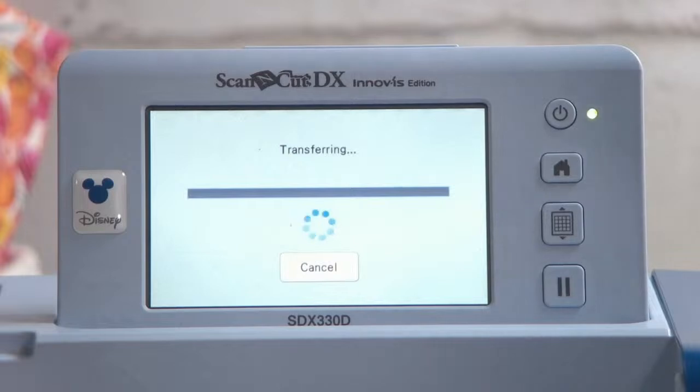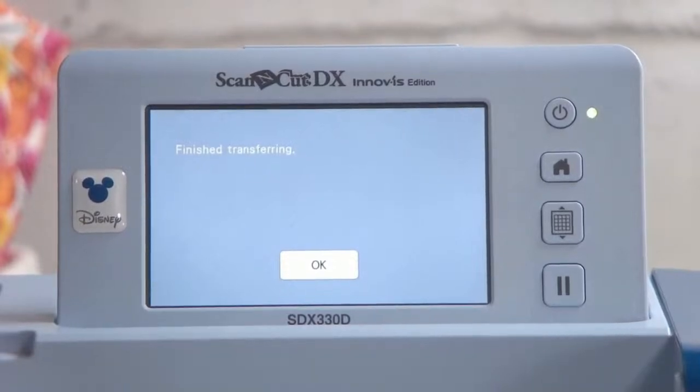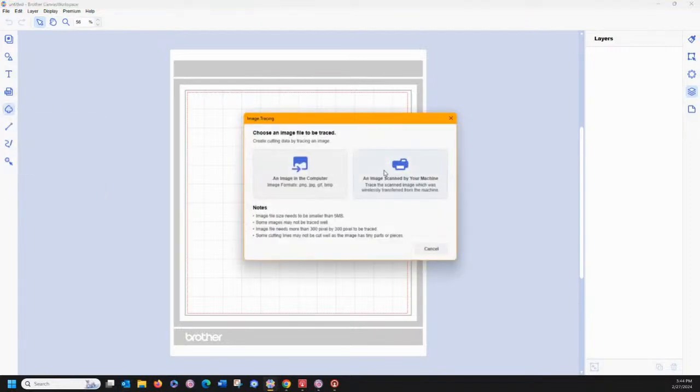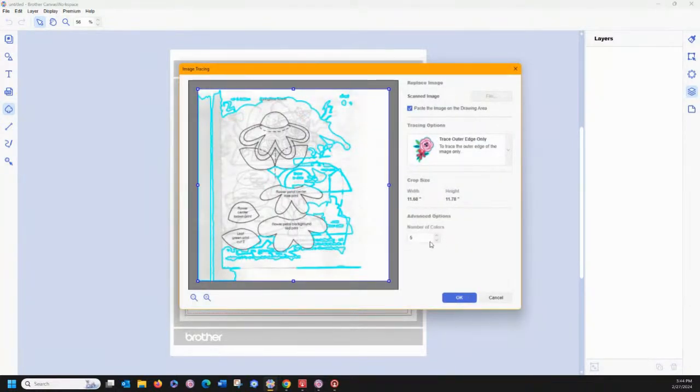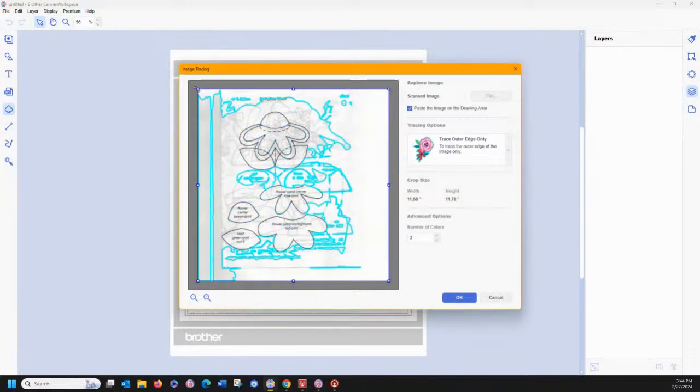And that's such an easy pattern to trace. I would probably trace it in CanvasWorkspace. Let's see what happens. All right, so let's do File. Oops. The leaf again. Let's see if it made any difference to put a light over the top of it. It made absolutely no difference. So in that case, let's see what 3 does. Let's crop it in.